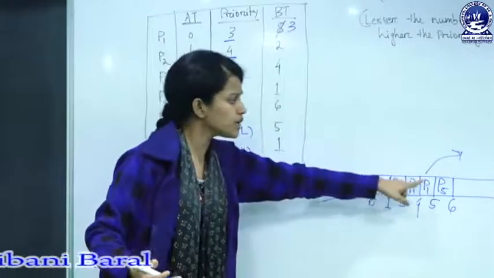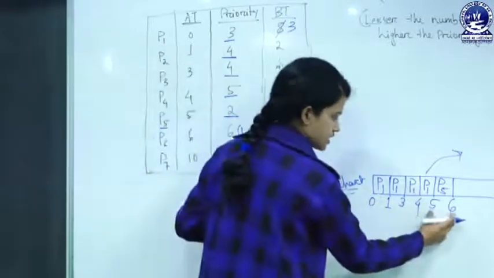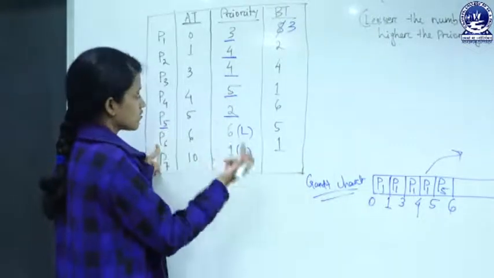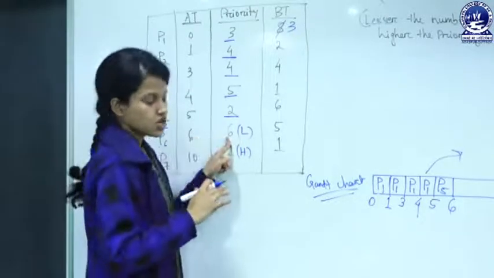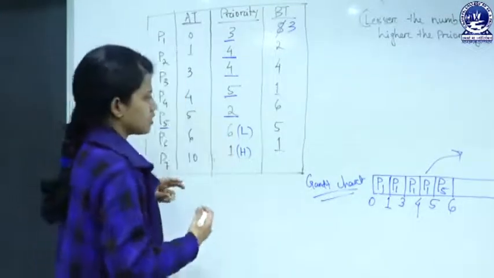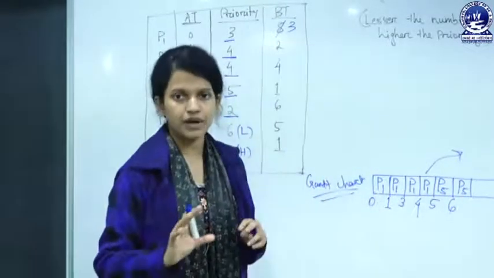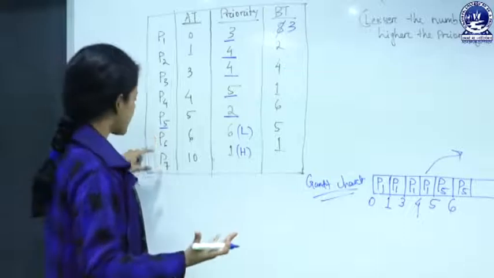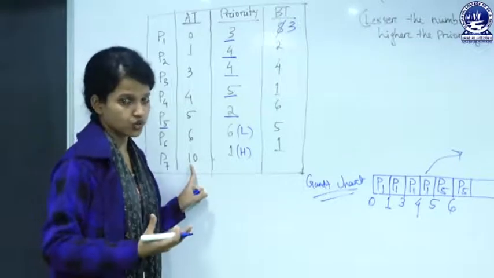Now P1 is preempted and P5 is allocated to the CPU, and P5 continues its execution till 6 milliseconds. At 6 milliseconds a new process, P6, arrives, and we have to check its priority, which is not higher than the currently running process. So context switching is not happening. P5 will continue its execution and will not be preempted, till the next process, P7, which comes at 10. So P5 would execute till 10.